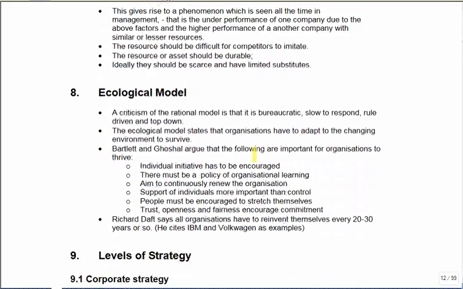Over the page, we've got the ecological model, and the ecological model says that you need to make sure you respond and take account of what's happening externally. And we had previously in section 4 the evolutionary strategy, and these two are similar, but the evolutionary strategy took change over a long period of time. It was a gradual change. The ecological model is saying, no, we need to respond far quicker,